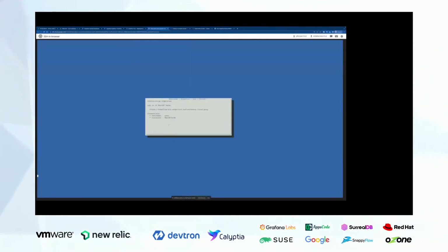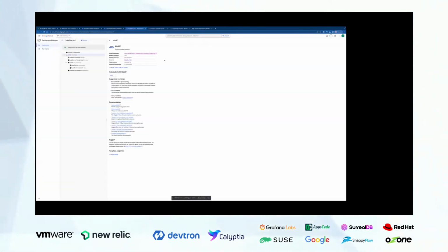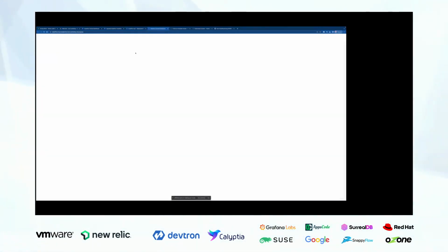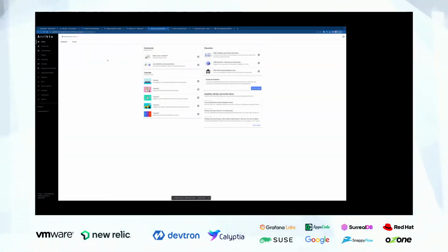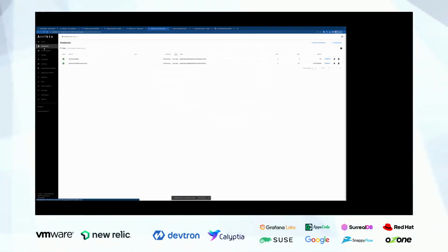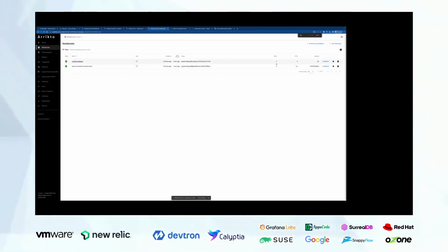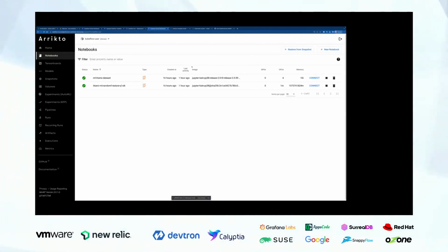If you see here, the cluster is created and it is ready for us to start using. So we can go to this link here, and this now puts out the Kubeflow dashboard for us. This is a Arrikto distribution, and it's not entirely the native or vanilla Kubeflow, but it essentially serves the purpose of this workshop here. So you see all of these components here. To start with, there are these notebooks, and these notebook machines you can use to do all of your experiments.